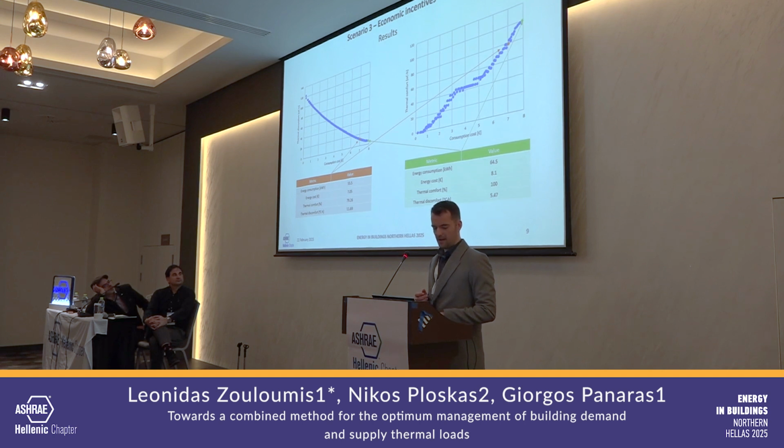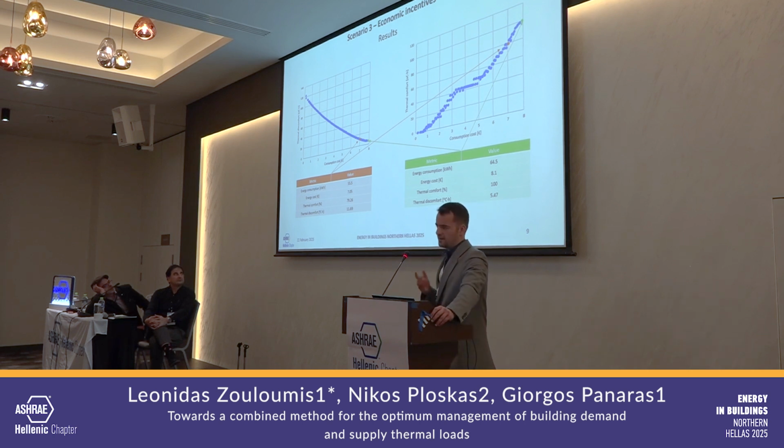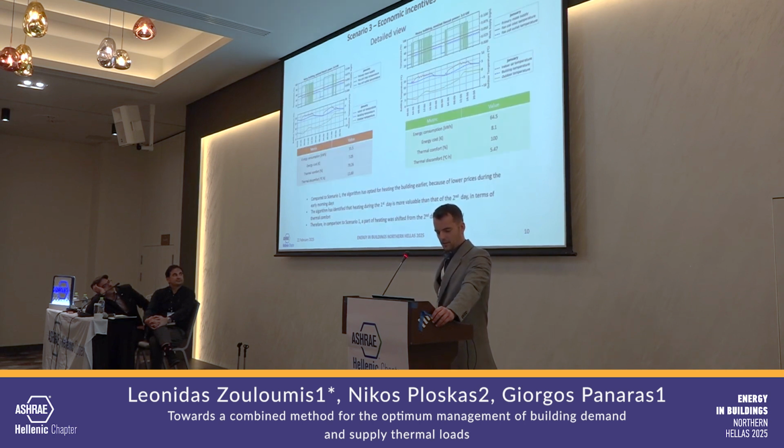And by creating the Pareto front on the left graph, using thermal discomfort and consumption cost as optimization parameters, we can see that this time we managed to achieve 100% thermal comfort. This is mostly a matter of the algorithm at the moment. And when we move to the detailed view, we can see that when we pick the comfort optimal scenario, which